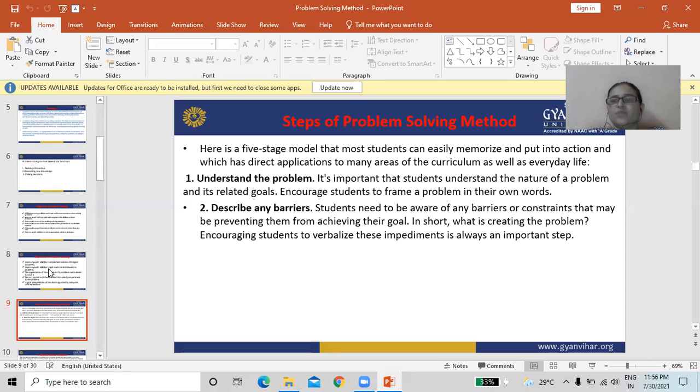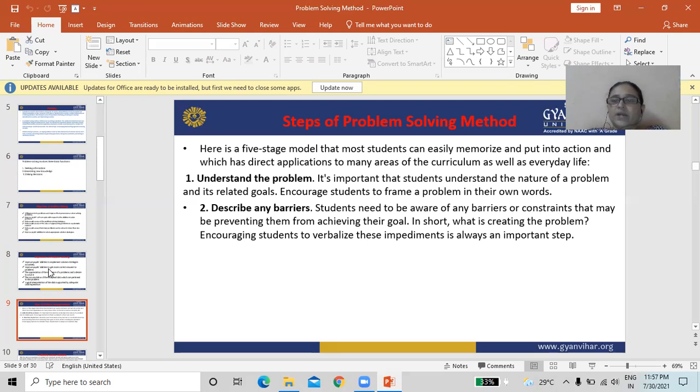Next step in problem solving method is describe any barriers. Students need to be aware of any barriers that may be preventing them from achieving their goals.